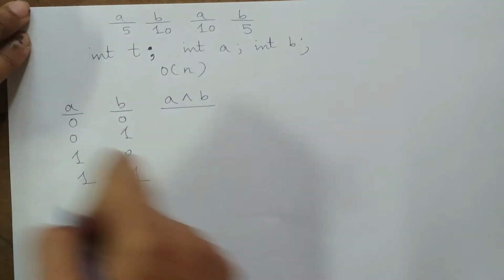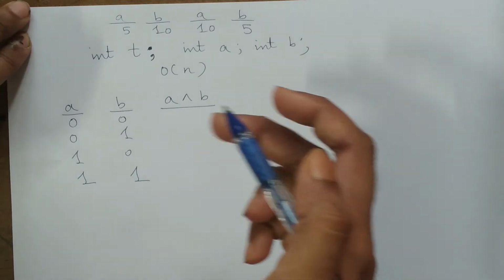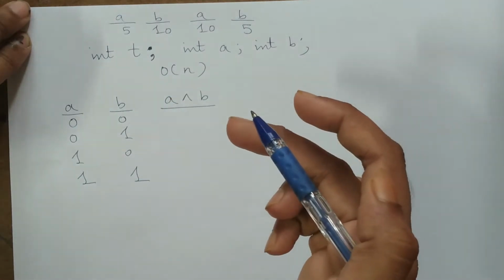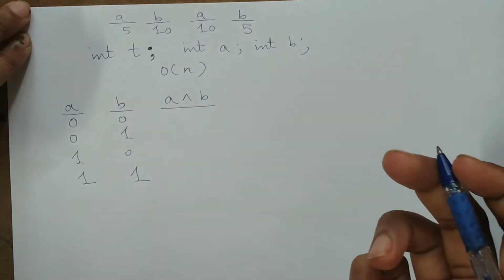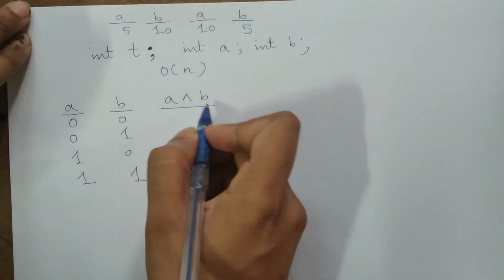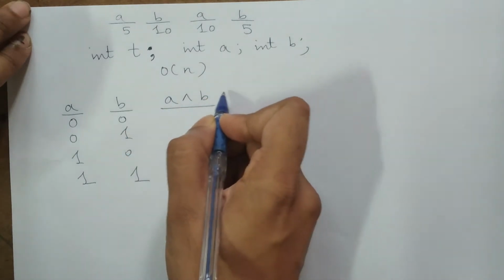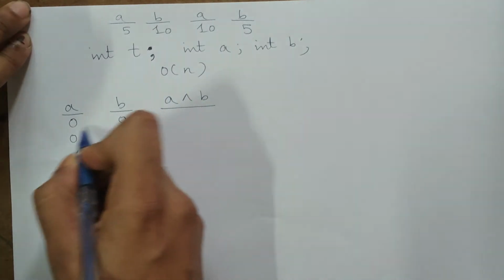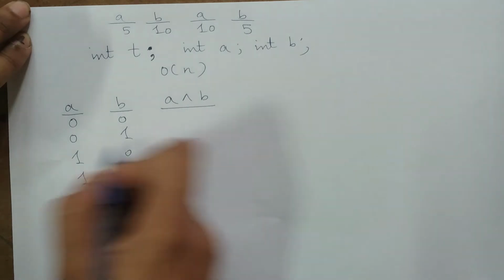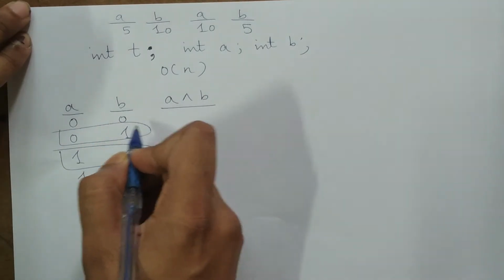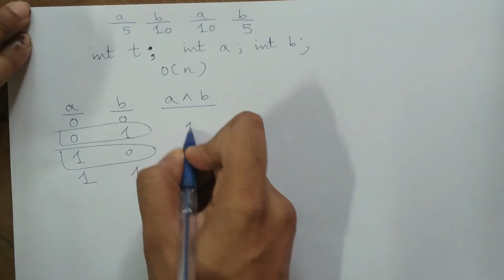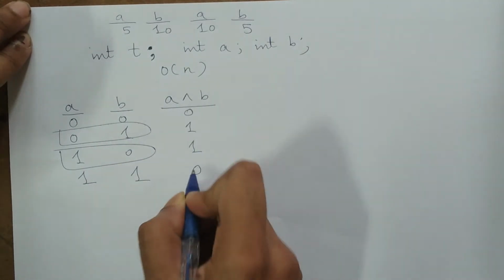Mind you, I have shown this in my previous bit masking videos, but I will show this again because I have to start from the basics if I want to show you why we are using the XOR operator at all. And what is the logic behind the output of the XOR operator? If there is an odd number of ones, then the output will be 1. We can see this in this row and in this row, where the number of ones is 1. So we'll give the output as 1, and in the rest of the cases the output will be 0.